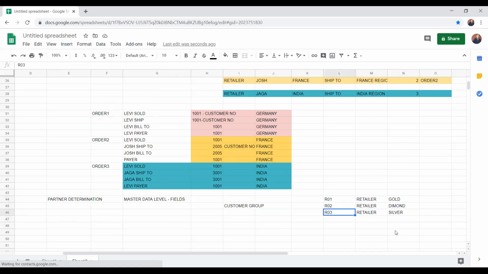So if I created one customer, assume that Levi is R01 retailer, Josh is R02 and Jaga is also R02. If I wanted to make a division in customer master, I need to select this field.